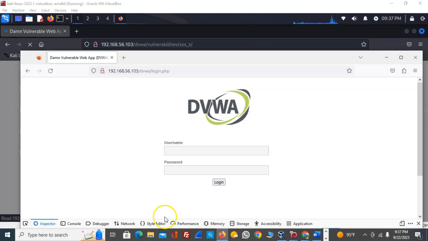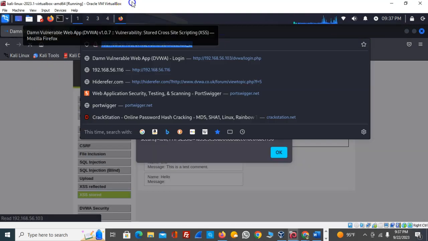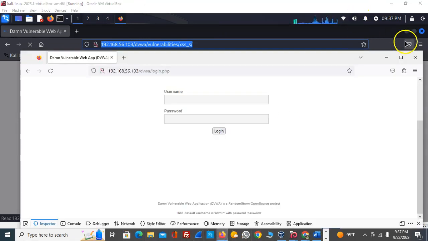where is this? Inspect element, hold on, not this one. I don't want to get confused. When I go to this one,